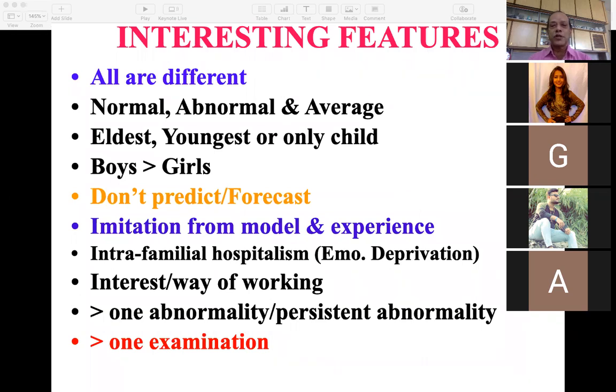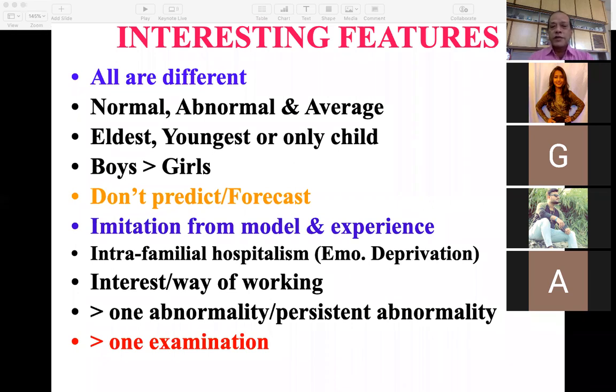So please remember, though the general observation is that the youngest, eldest or only child are more intelligent, there can be a paradox to this. We already discussed that the performance of boys is better than the girls, and again this is dependent on the opportunities or exposure given to the girls. Many times we hear that there is no restriction on coming back home for the boys, but there is always a restriction for the girls that you should come before 6 p.m. or before 7 p.m., so you cannot go out and you cannot have the various activities. So all this restriction will affect the growth and development.